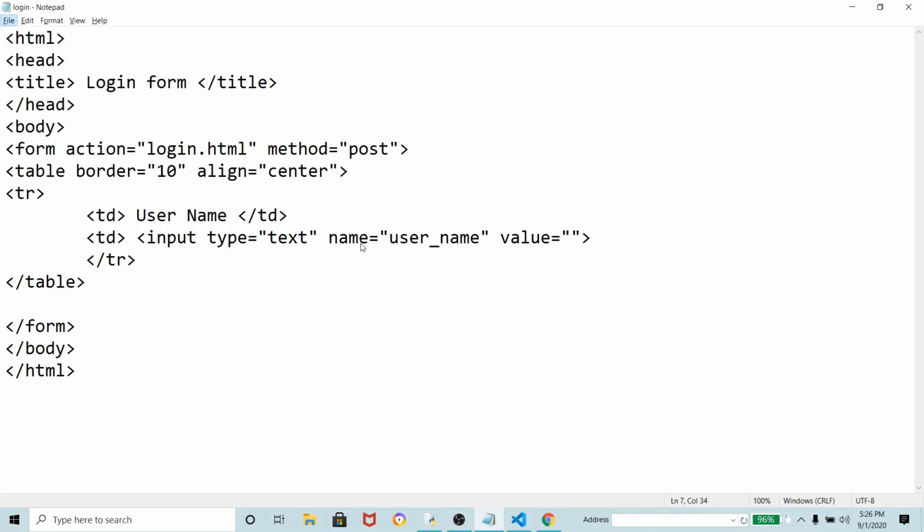So whenever I send this data to the server, how will the server recognize if this is username data? To make this name recognized by the server, we are using here name is equal to username. When I access it, it will display the username value whatever I have entered here.